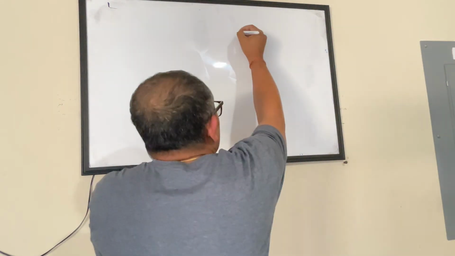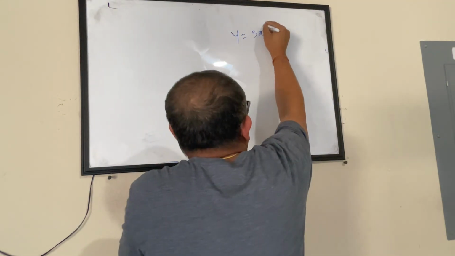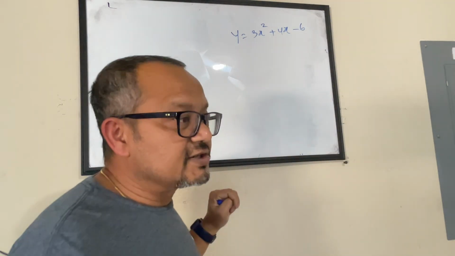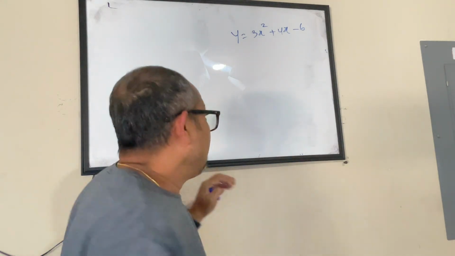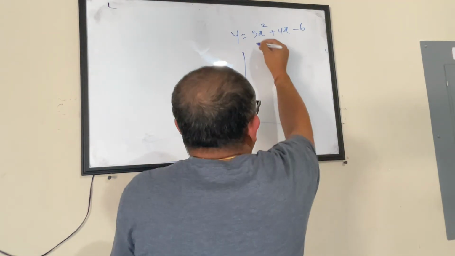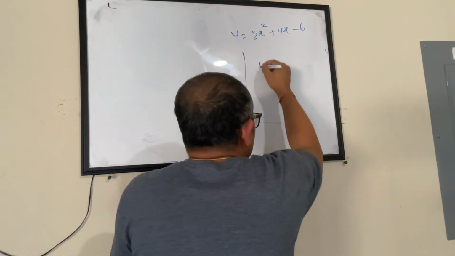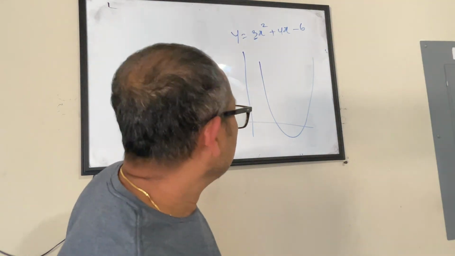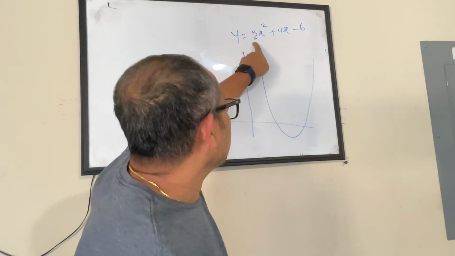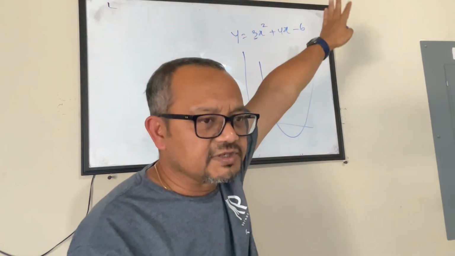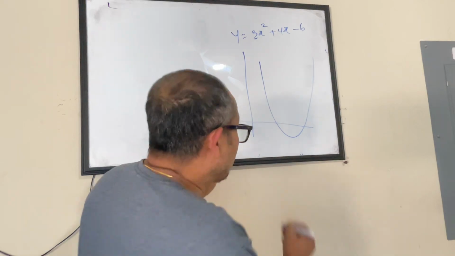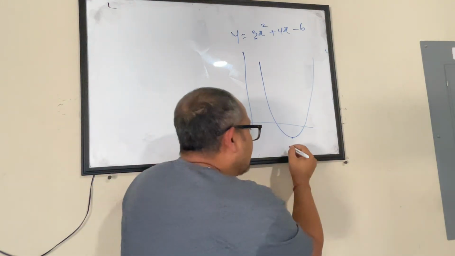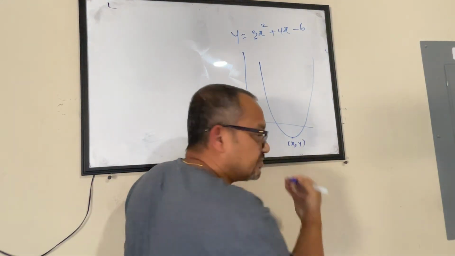Let's say I have an equation like y equals 3x squared plus 4x minus 6, and I say find the coordinates of the vertex. Meaning, let's say this is the parabola and a is positive, so I can blindly assume it will be facing upward. I'm making guesses here, just by looking at a. I've just drawn one parabola. When I say vertex, we are talking about the lowest or the highest point. Find the x and y coordinate of this vertex.